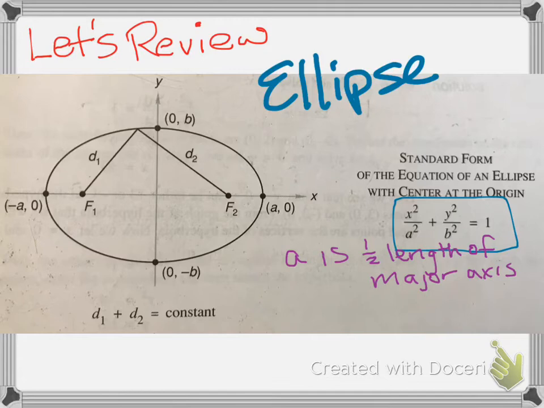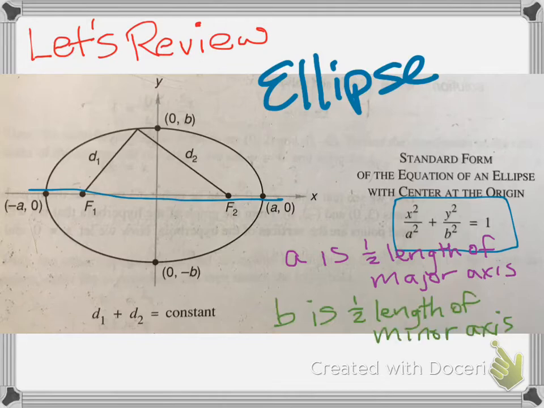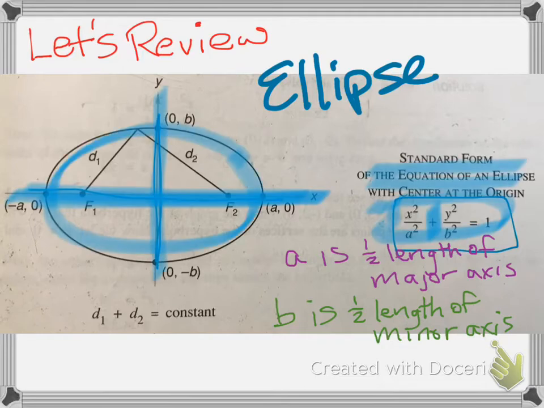So we can see a is half the length of the major axis. This would be your major axis here. And then b is half the length of your minor axis. And then your minor axis would be this one here. It's shorter. All